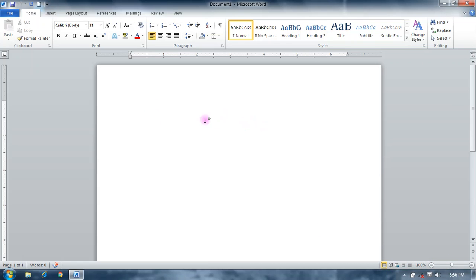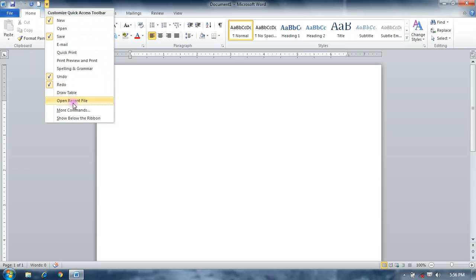First we take the Customize Quick Access Toolbar. We can click on this drop-down button and add more commands.